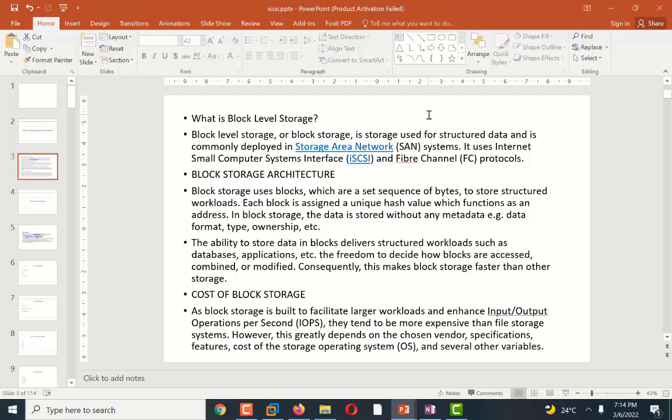A normal SAN costs around $50,000 US dollars. But block storage is very secure and very reliable compared to the other storage, which is file level storage.